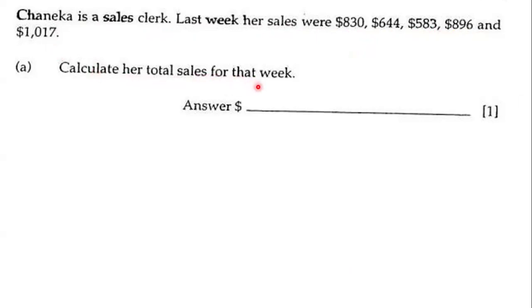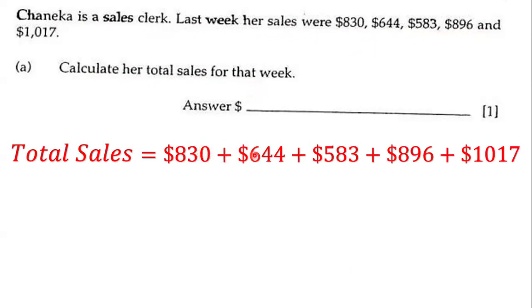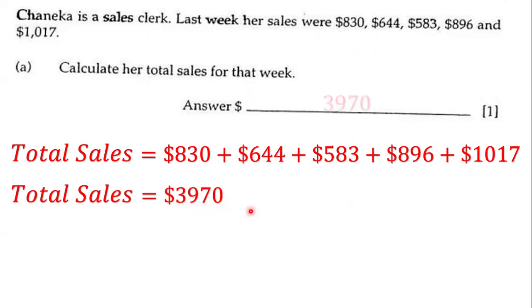Now, in order to calculate her total sales for that week, what we have to do is add up all of our sales. And so let's add it. So we have 830 plus 644 plus 583 plus 896 plus 1017. And when we add them all up together, we get $3,970. And so that means that our total sales for that week is going to be